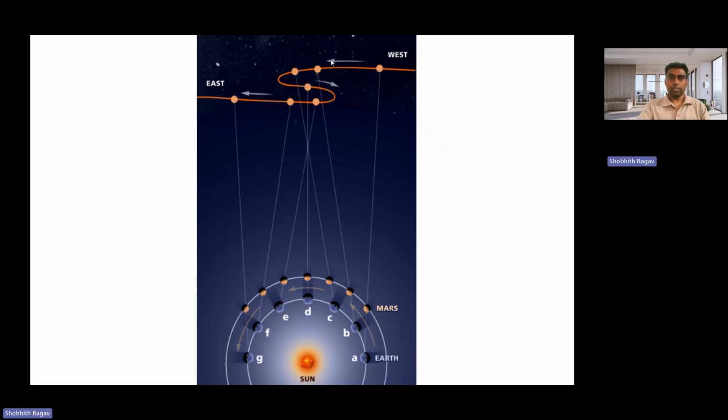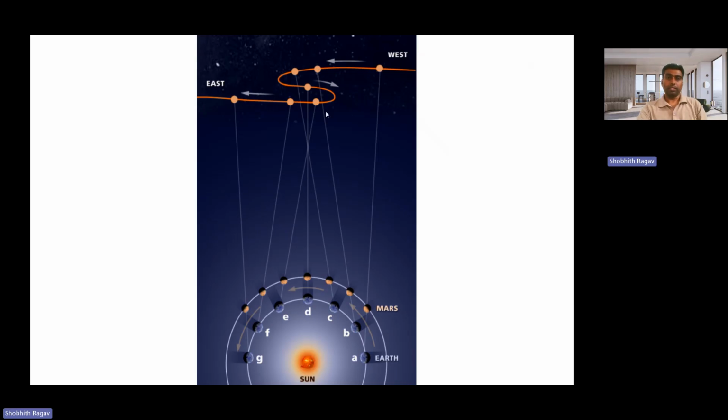You can observe that this is like forward, and here the loop is turning backward. As we further progress, the path is tracing this way. And after point F, when it approaches point G, it completes the retrogression path. From here onwards, it turns direct and is moving in a normal direction. This path is actually not the true path, but an apparent path as